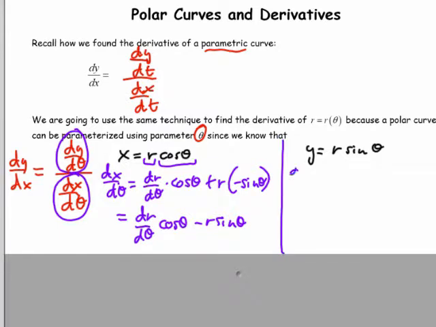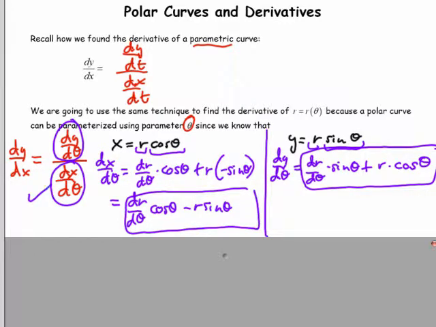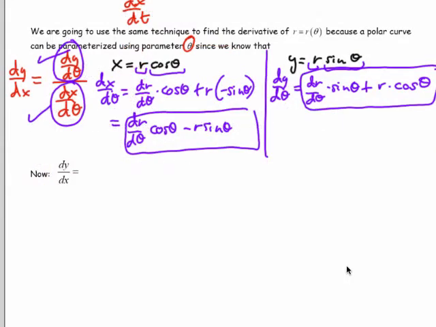And dy/d theta, again the product rule, that'll be dr/d theta times sine theta plus r times the derivative of sine, which is cos. And so I can put each of these expressions in my numerator and denominator here. And so we come up with dy/dx being,